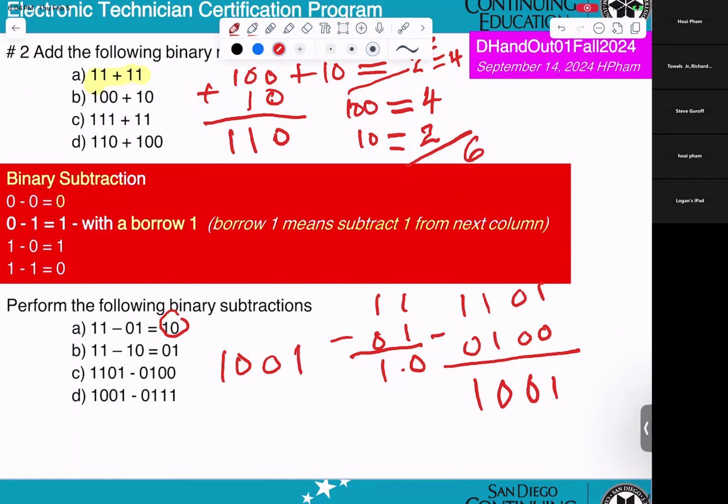Number D. Minus 0, 1, 1, 1. 1 minus 1, 0. Okay, 0 minus 1. Okay, let's see. Equal 1. However, 0 minus 1 you get